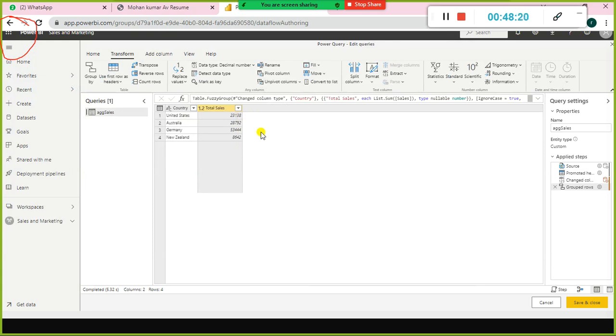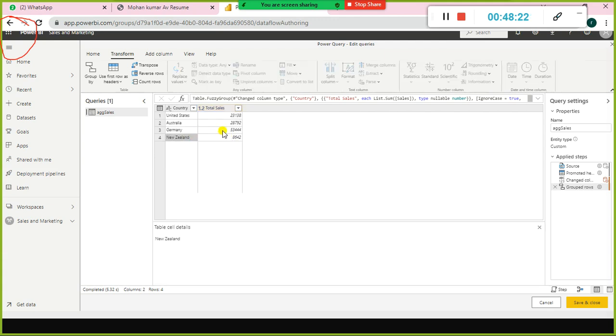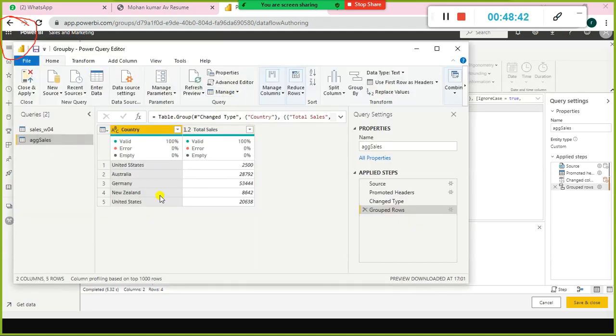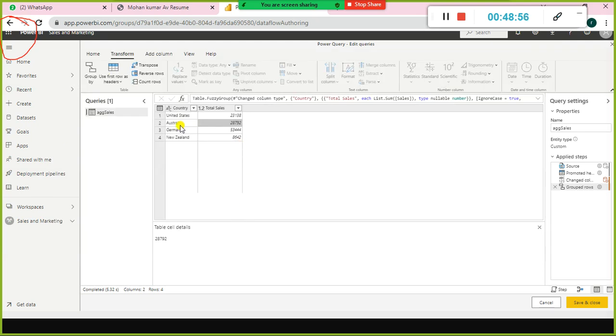In a real time scenario, in the case of the cash counter, the clerks enter the billing, and when they enter it, they might make some kind of mistake, a typo. If they do a typo, we get similar kinds of issues. Though this value falls under this group, because of the typo it is considered a separate group. But now, with the help of fuzzy group matching, we can overcome that kind of issue.